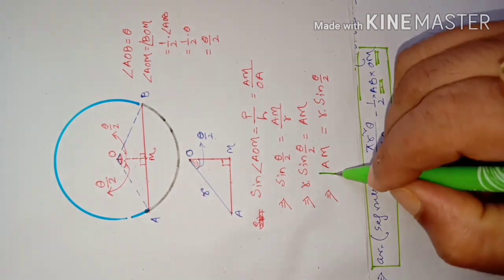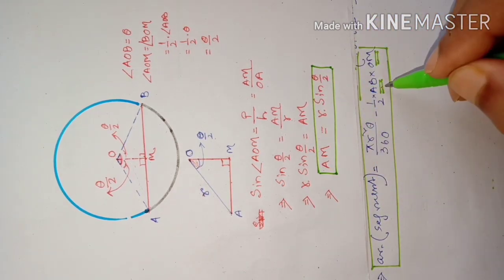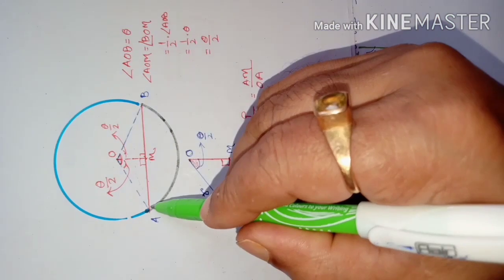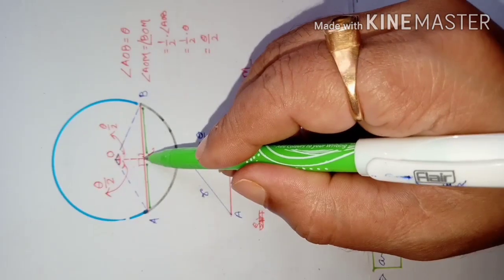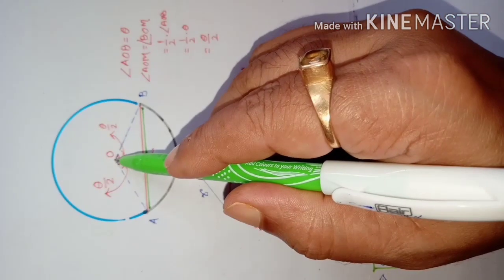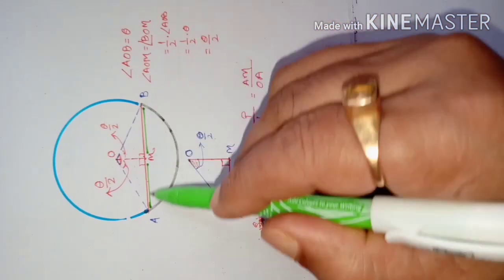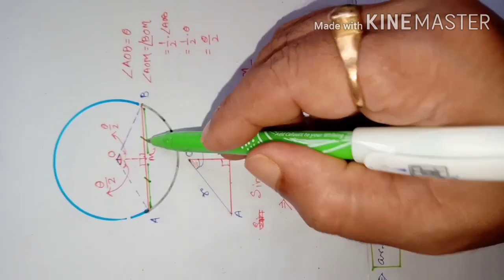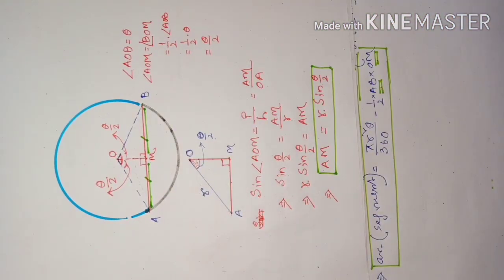AM we got. But dear students, what is the term here? AB. We need AB. You know that AM and BM both are equal because OM is perpendicular. Perpendicular from the center of a circle to a chord bisects the chord. That is, AB is 2 times of AM because AM equals BM only. Both these parts are equal, so the whole AB is 2 times of AM. So what you can say here, AB is equal to,